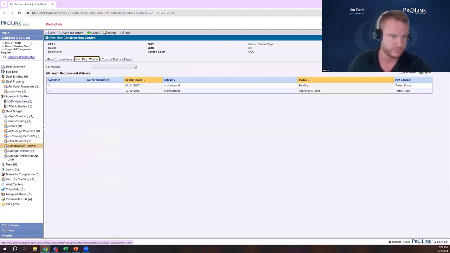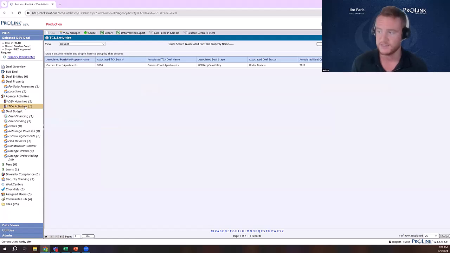I'm going to go over to tax credit deals. And what you can actually do here is if you have a dev deal that's associated with a tax credit deal. So if you're doing what we would call a blended deal, where you have maybe a LIHTC 9% combined with HOME, anything that combines direct financing or direct funding with tax credits, you can have them associated here through this agency activities tab, and they can link to each other. So if I go here to the associated tax credit allocation deal,